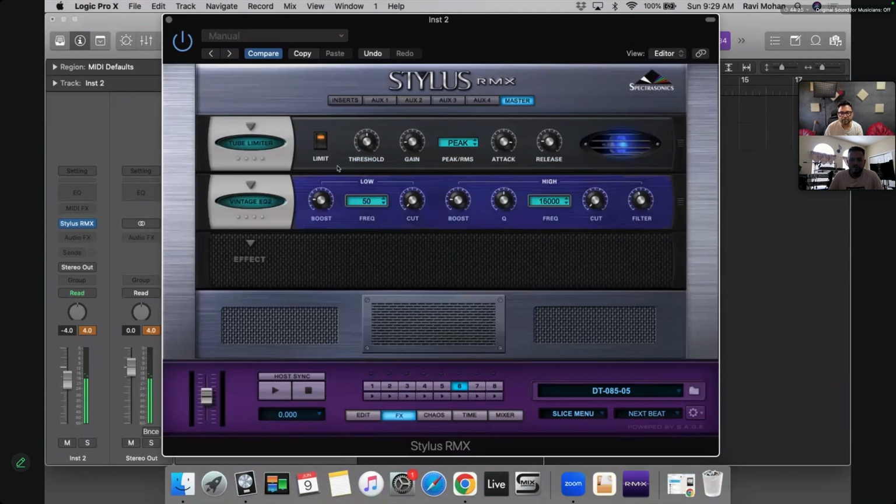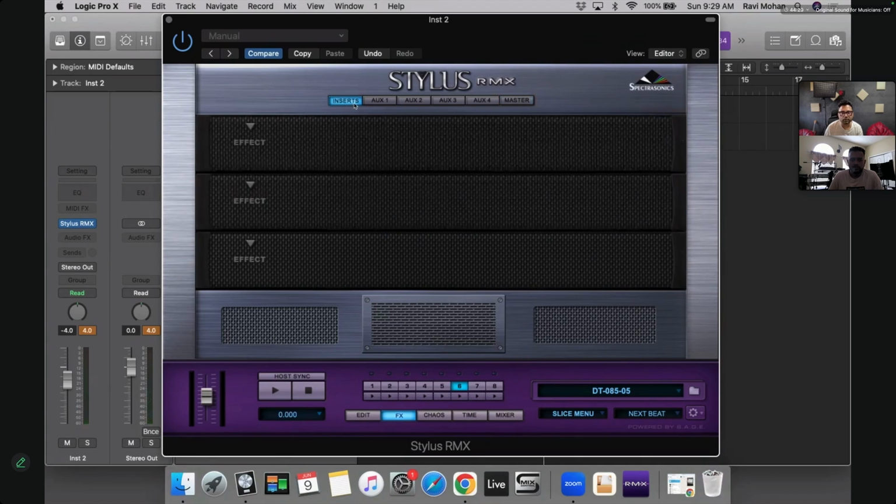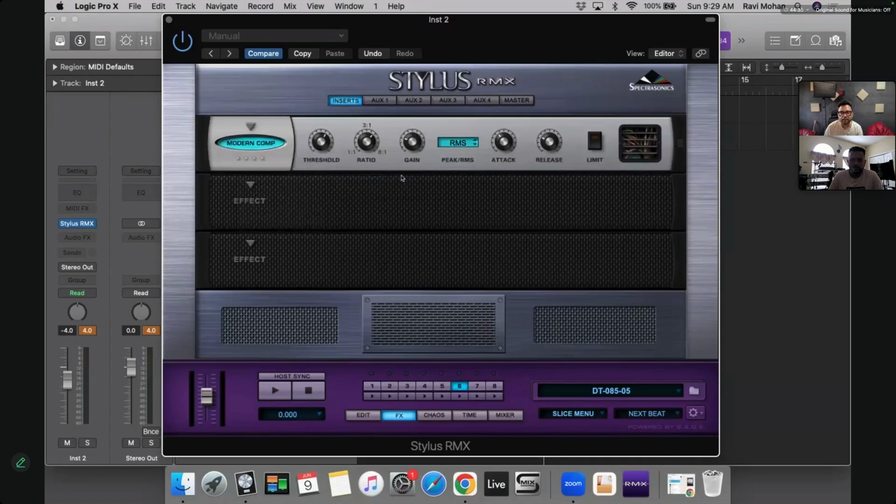And with that same thing, you come here to the FX section, go to the insert, come to this place, and slap this modern compressor on top of this same tabla loop.